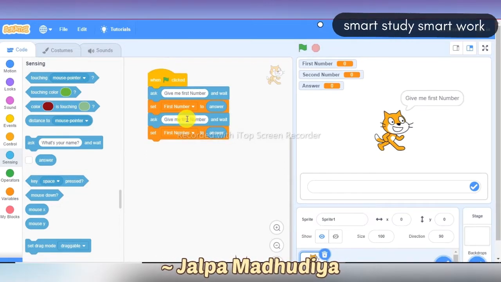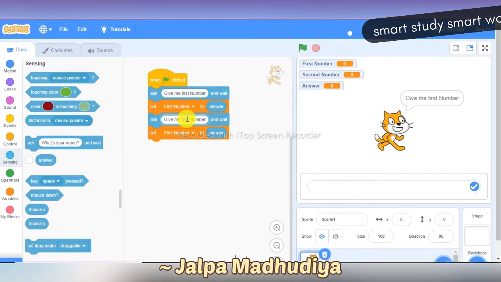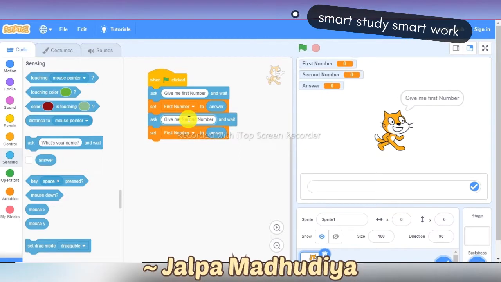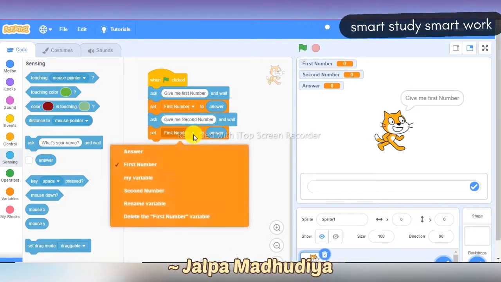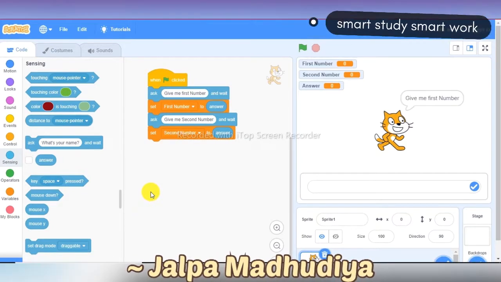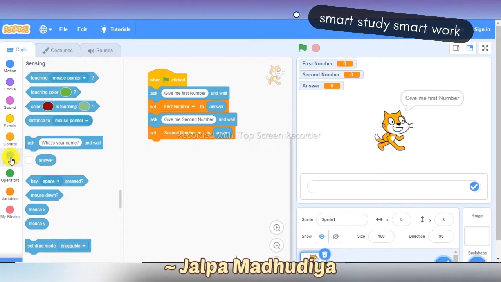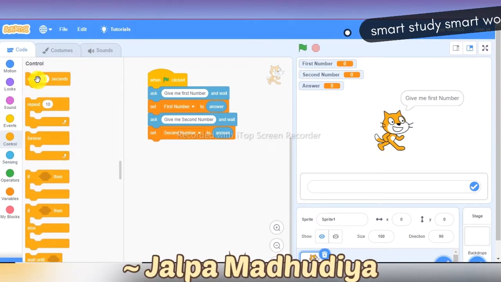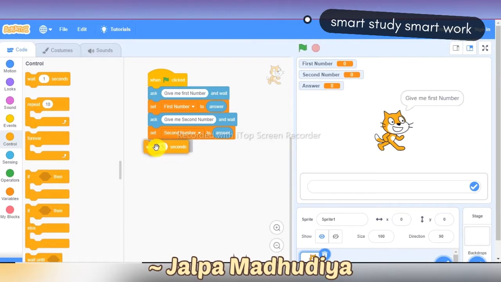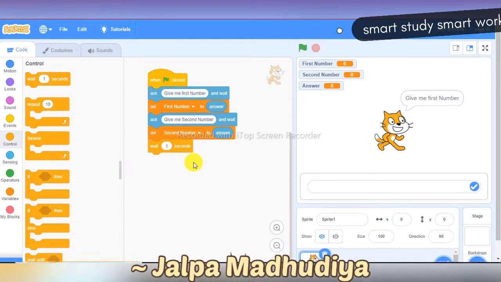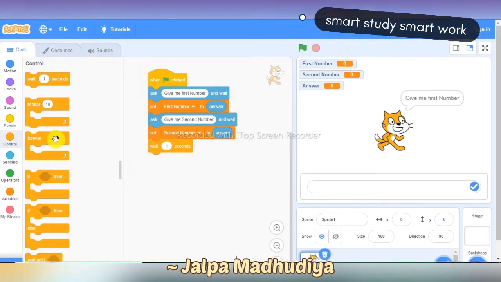So here I am just typing give me second number, and here set the second number to answer, and take the wait 1 second block from the control block to wait 1 second. Next, I will take the forever loop from the control block.